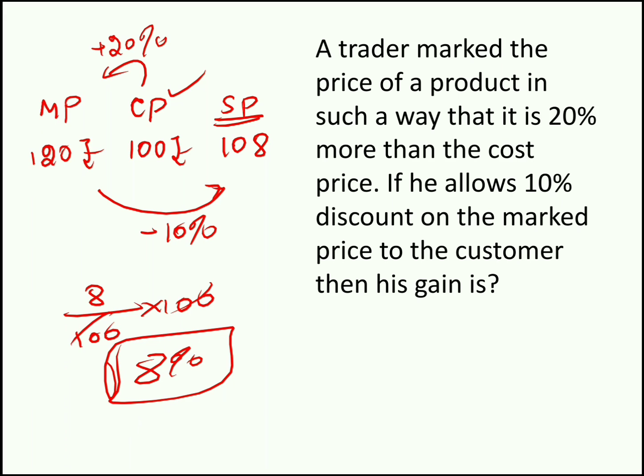So you can assume any value. So cost price is 100, or even you can take it as A or some variables like that. So for my convenience, I took it as 100 rupees. From this 100 rupees, he is marking a 20% extra, which is 120 rupees. From 120 rupees, he is giving a 10% discount, which is 108 rupees. So 10% discount is 12 rupees, so you have to subtract 12, which is 108 rupees. However, the profit or loss always happens from cost price only. So here the profit is 8 rupees, and this 8 rupees is how many percentage of 100 rupees? 8%. So this becomes our answer.